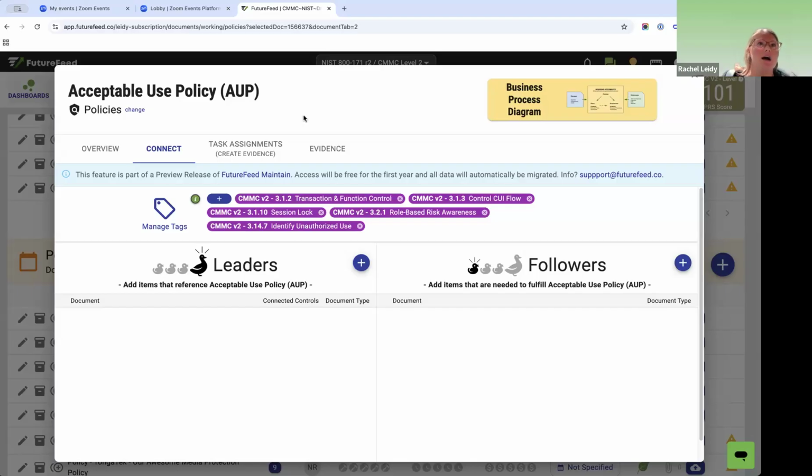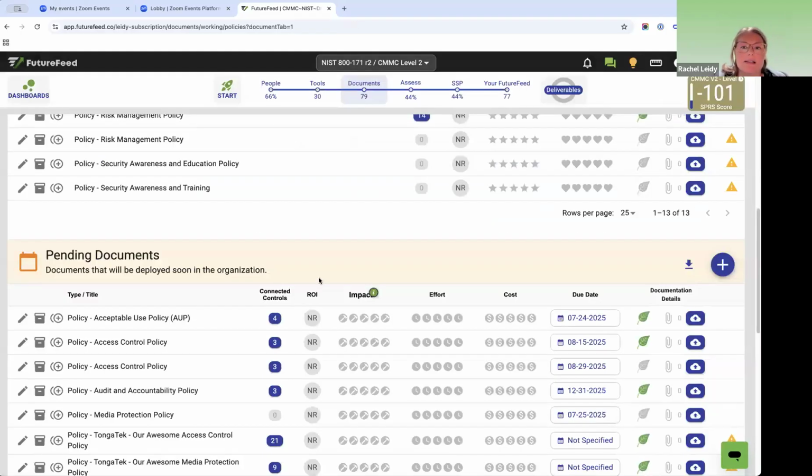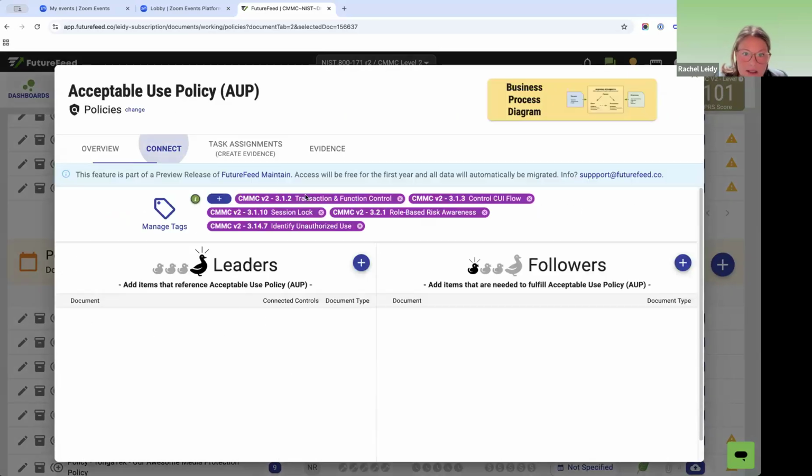And then maybe I'll show the assessor that during my user onboarding process, I have a checklist, and that checklist has an item on it to make sure the user reads and signs that AUP, right? So that's a piece of evidence, okay? Well, instead of me uploading the signed acceptable use policy, how many controls did I connect it to? For example, in here I said 5. So instead of me uploading that signed AUP and that onboarding checklist 5 times under each control,